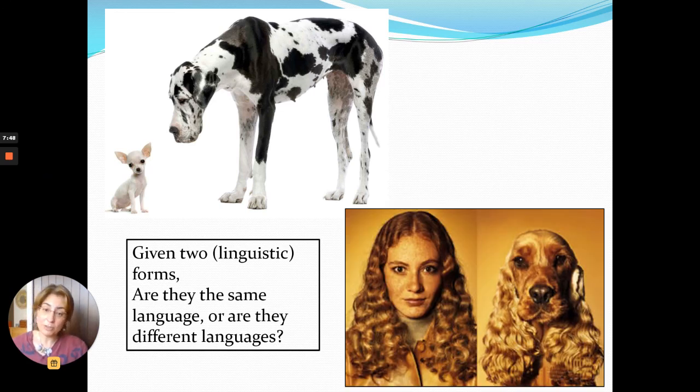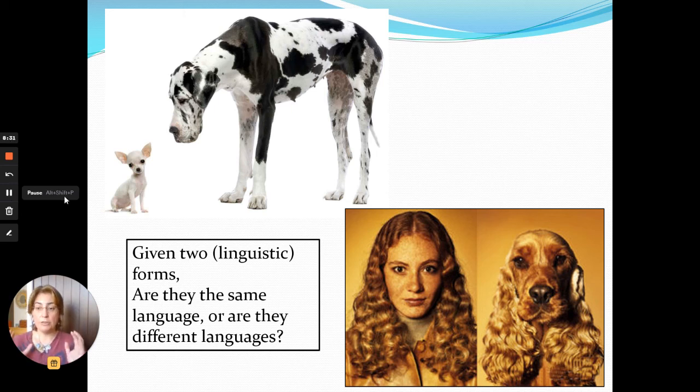They're two breeds of the same animal, the same species, the canid. Now, you can also end up with the opposite case, in which two objects that look very similar to each other at a perceptual level, two forms of speaking that understand each other pretty well in the right circumstances, and look very similar according to some analysis, are actually two linguistic objects of different languages. The same way in the picture here, those two individuals have many similar characteristics, but we decide to put them in different categories. One is a human, and the other one is a dog.